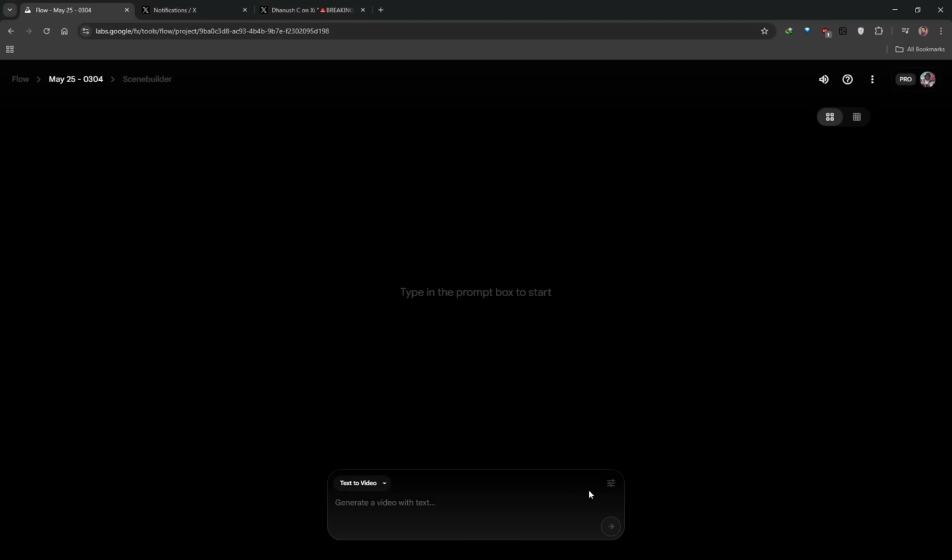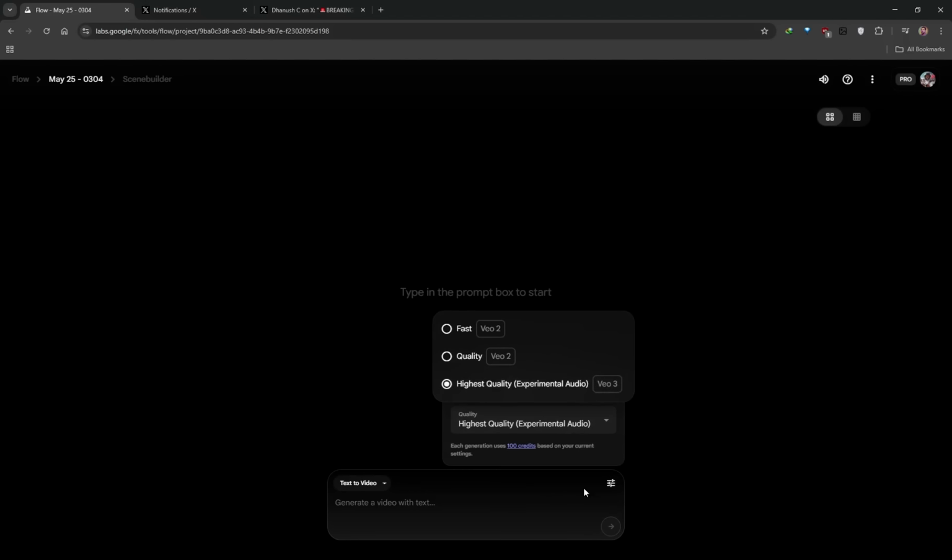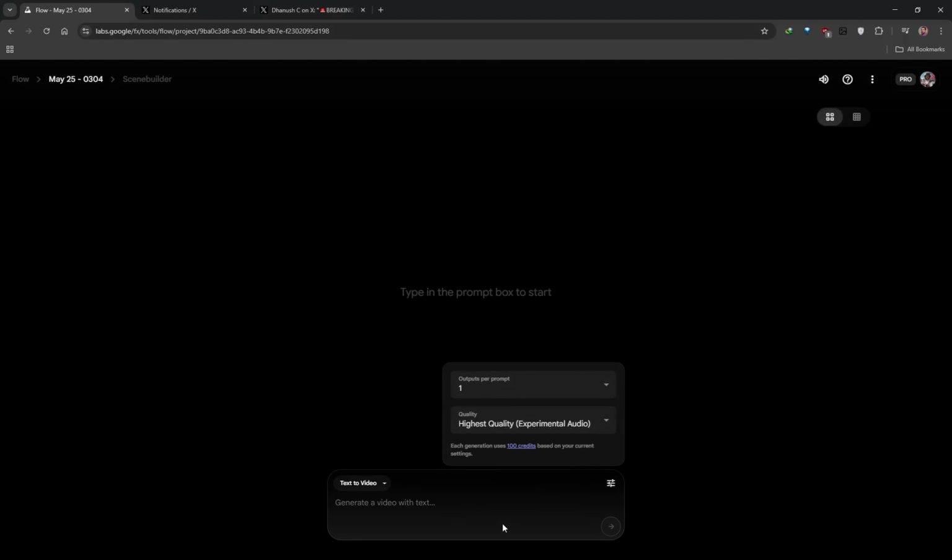Alright, so back to Flow. Now just double check and make sure under settings that you do have VEO3 enabled and that your outputs are on 1 so that you're not burning too many credits. So the features you will have access to, and I'm using a pro account, you can generate videos using text to video, and text to video is amazing, and it's the only feature right now that allows you to generate dialogue. Frames to video is essentially image to video, and then ingredients to video is only available to Ultra subscribers,